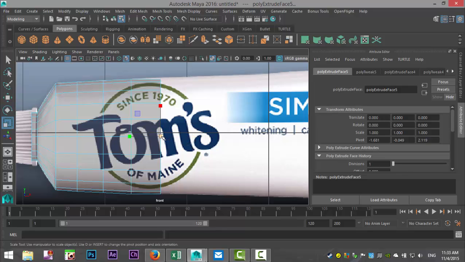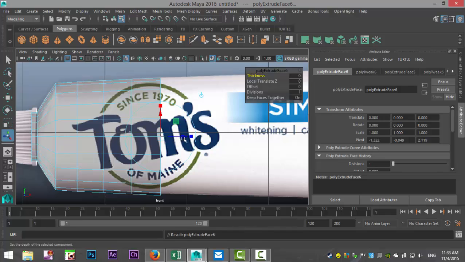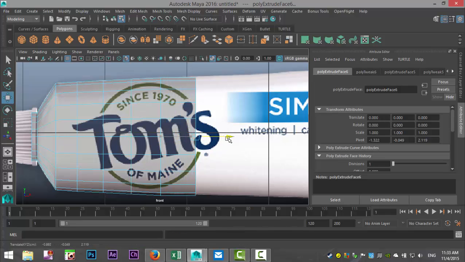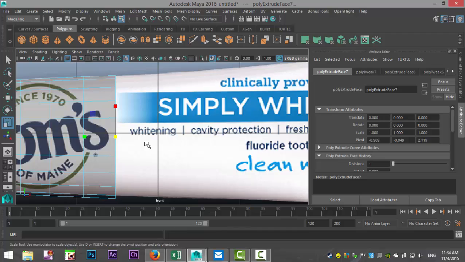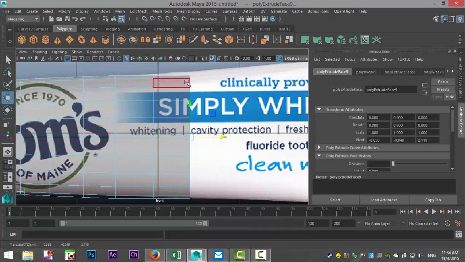and try to keep your segments roughly the same shape. GW, and R to scale just a little bit. GW, R to scale, GW, GW. And as you can see, I'm not stretching it out at this point because we're going to flatten these edges later on, and that's going to raise it in height.